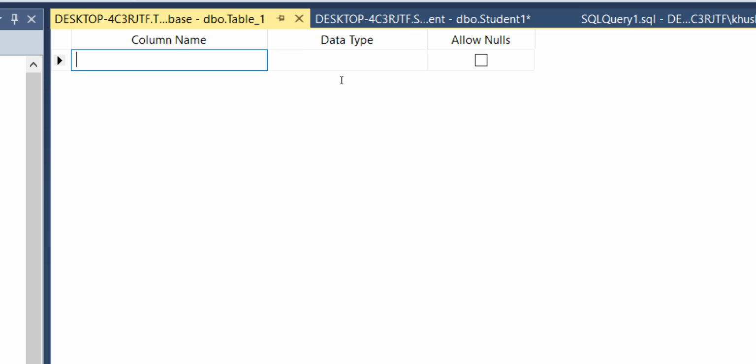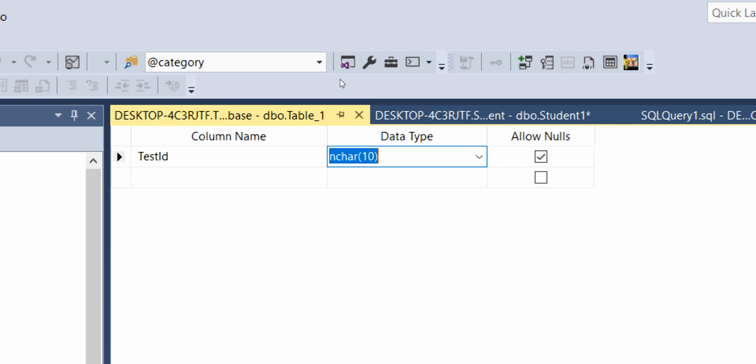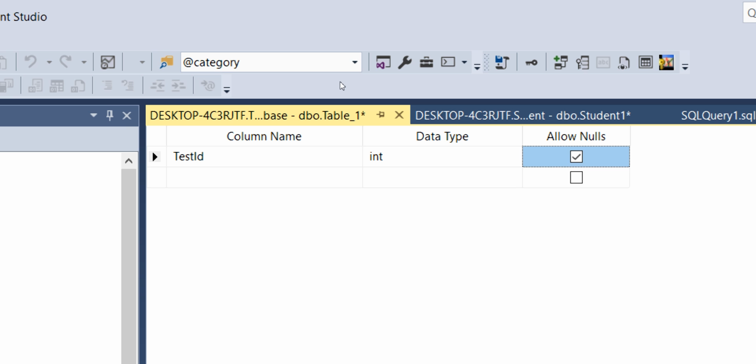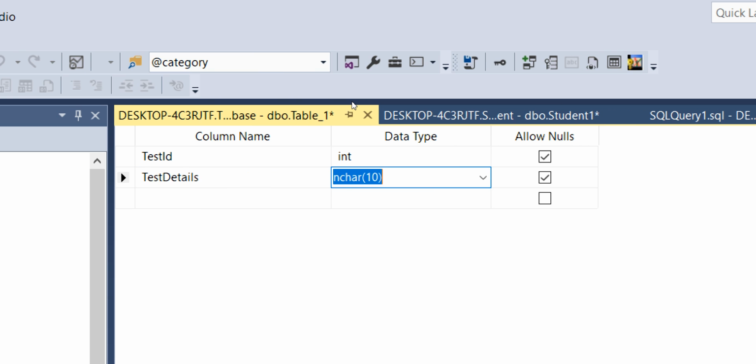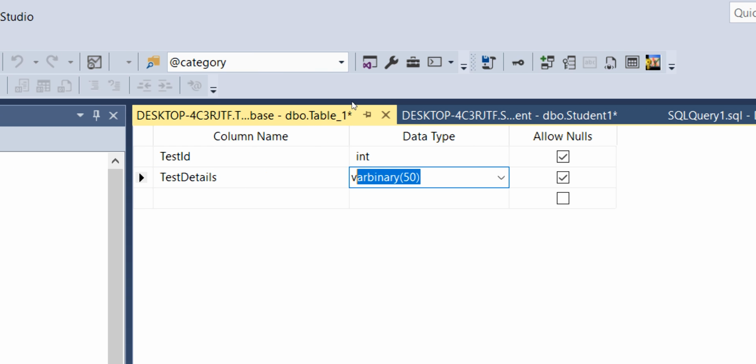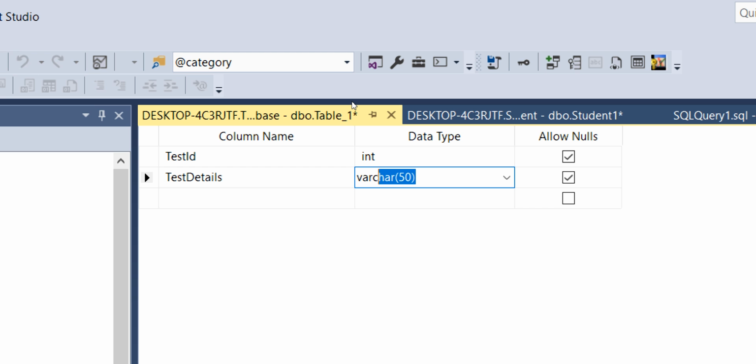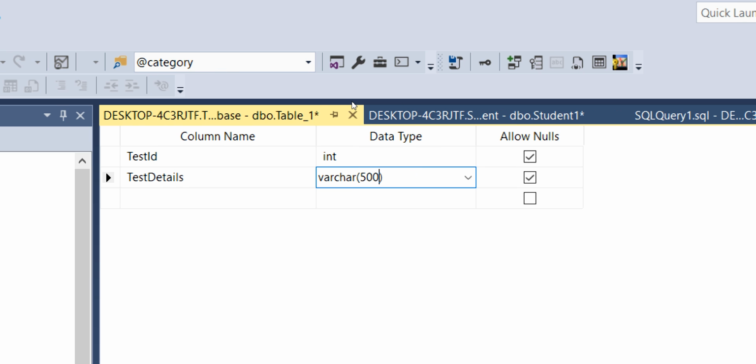Okay, so let's say I want to create a test ID, which is going to be my primary key, and then what is the data type of this test ID? It is going to be of integer type. Same way you need to add test details, this is a column, and this one should be varchar. So I will specify varchar of 500.